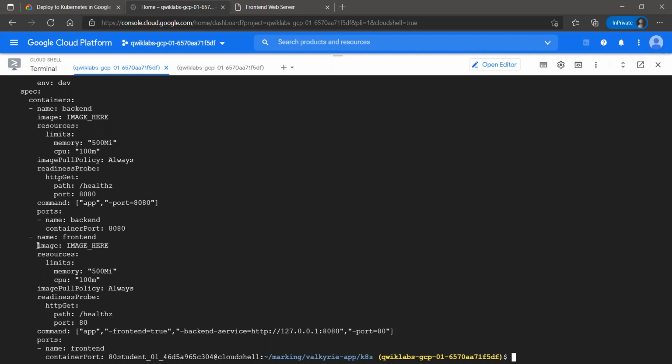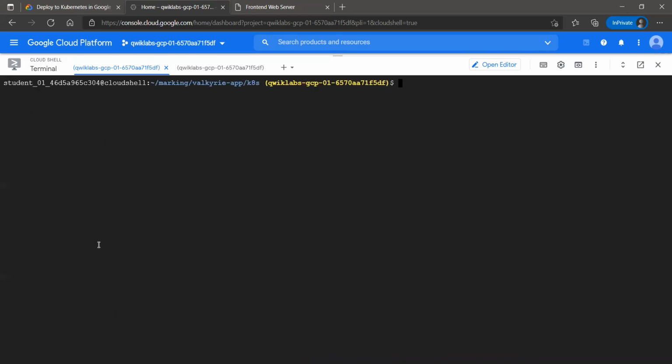Yeah. So in this thing we need the image here. We need to change this. Actually, we have to provide the image link we just created now, for it to work properly. So we'll edit our deployment file.